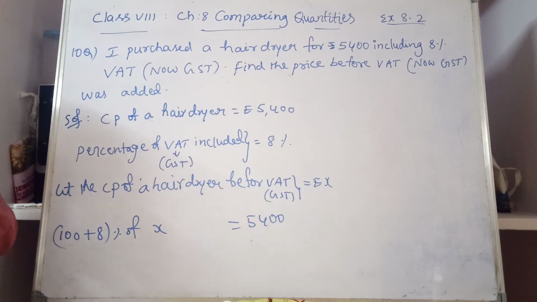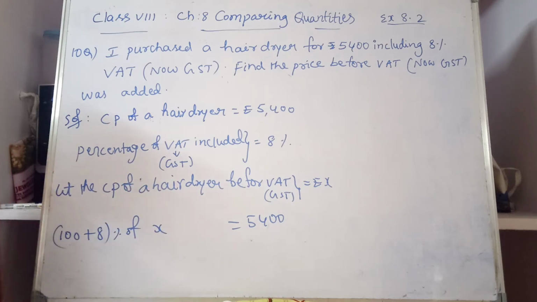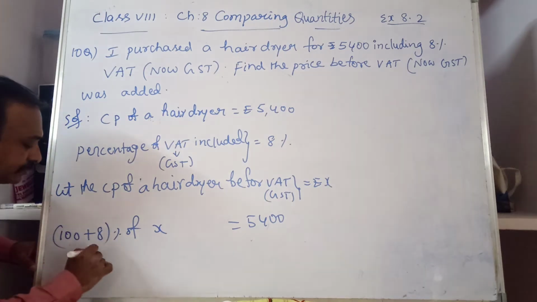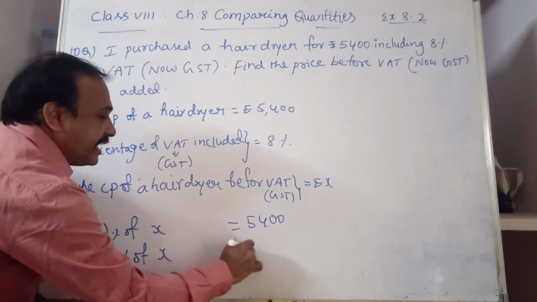Remember that. On that there is profit or loss of 10% or 20% like that. Now he paid 8% extra on it. So 100 plus 8% of X is equal to 5400. This is one way. So 100 plus 8, 108% of X is equal to